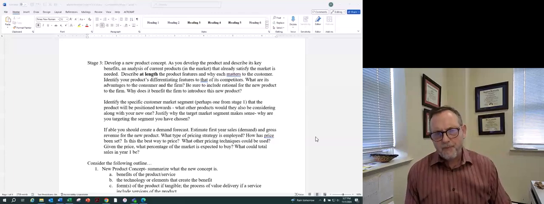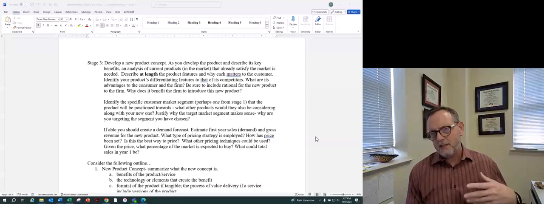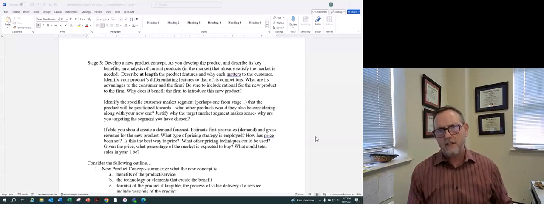This third stage focuses on creating a new product concept. I know a lot of people have been excited about this stage. You've been thinking about this stage from the very beginning of the course, and it's been frustrating that you haven't really worked on this aspect of the project yet. But to be able to do this stage properly, you really have to understand your competitors, understand the market structure,